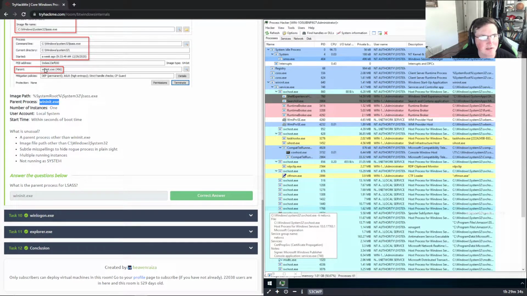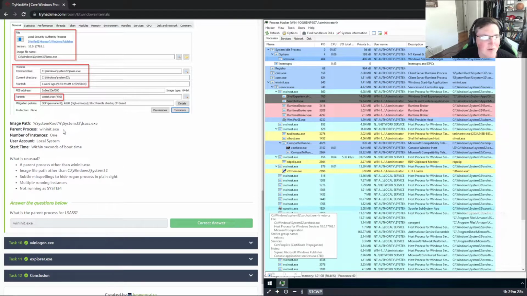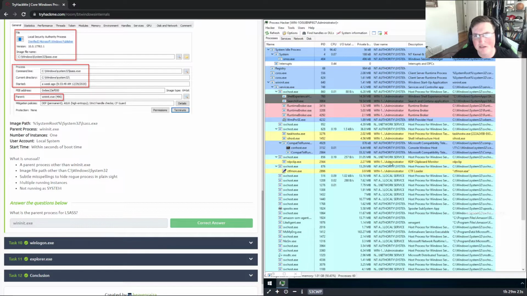The parent process you need to know for LSASS is wininit.exe. The number of instances should only be one. That's another big giveaway. And then Local System is the user account. If you see any of these, especially if you have a machine that doesn't have any service accounts on it